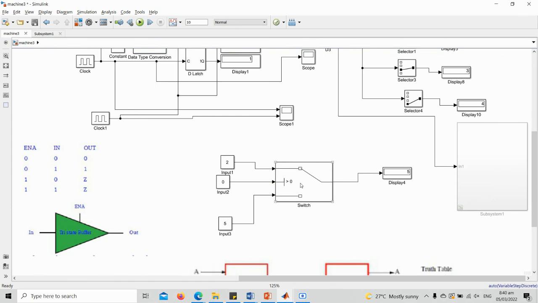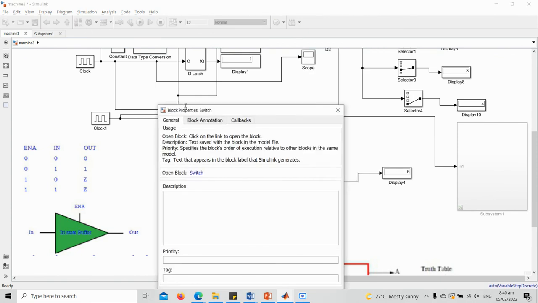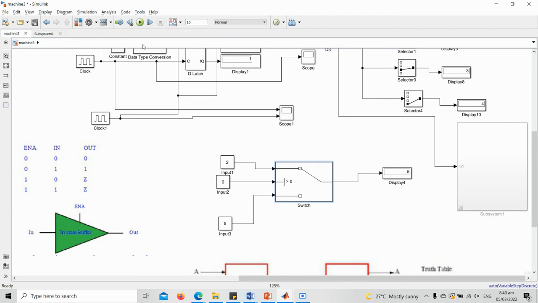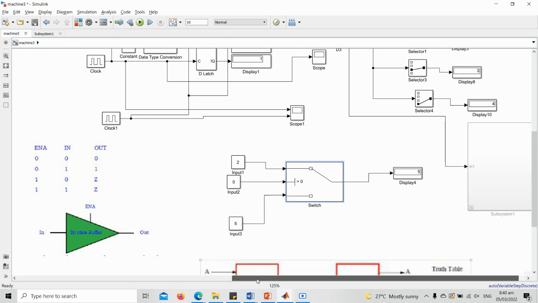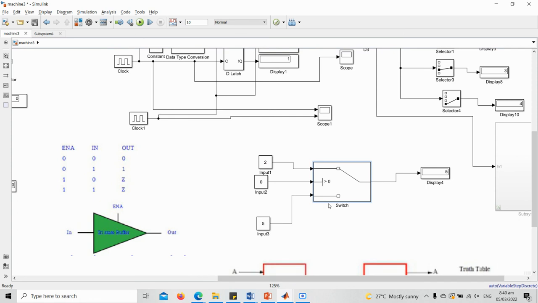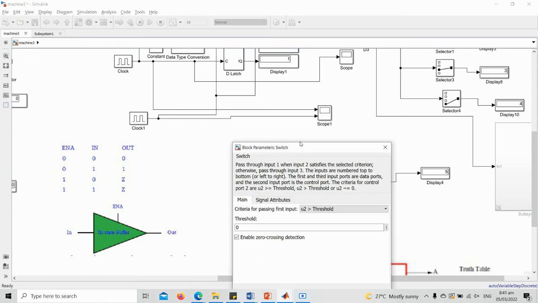So you can basically use a switch. So I just use a switch. You just have to select it from the library browser. And then as I have said, you have their input like this. So the criteria here is that